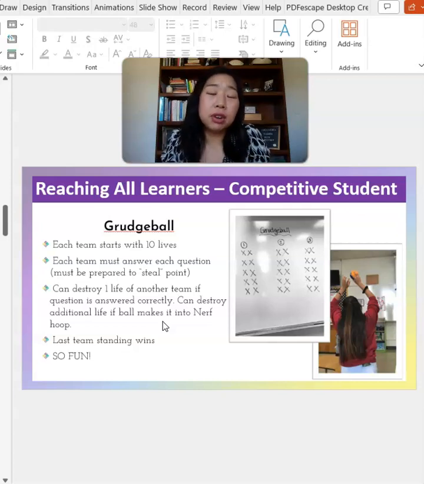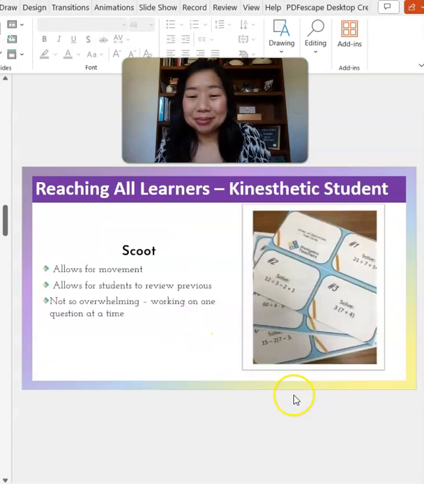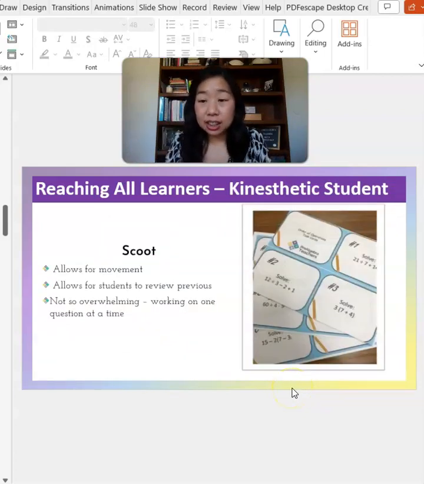If they miss, okay, great. Good try. We move on to the next question. Okay. Last team standing wins. It's so fun. I love this game. Highly recommend. And then finally, for our kinesthetic learners, kids that need to kind of get the wiggles out, move a little bit,